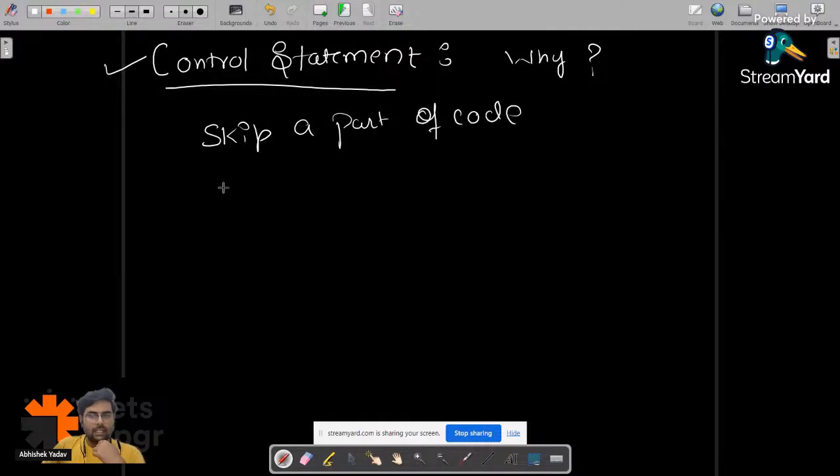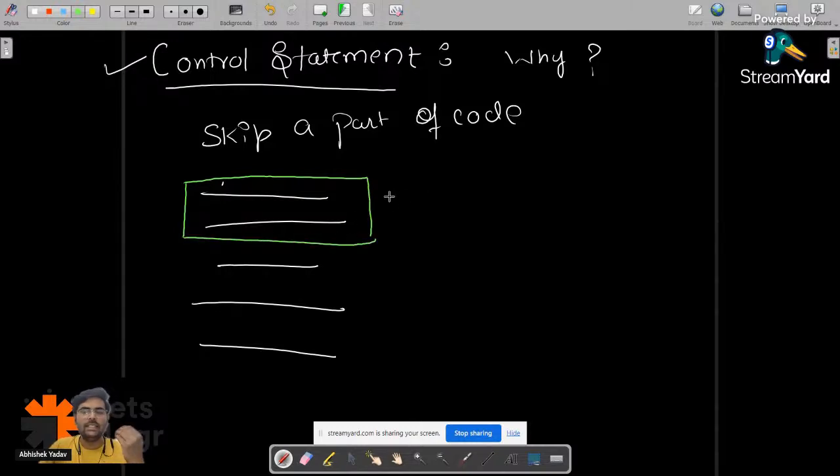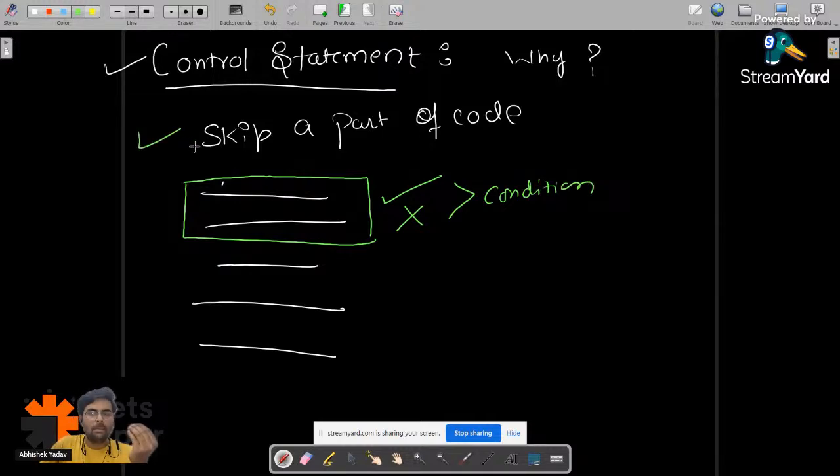That means you have written some code like this. You have written some code here, right? And you're saying, hey, on the basis of some condition, I want to skip this part of the code. There is a probability that I can execute this code, and also that I cannot execute this code. This depends on the condition. That means you want to skip a part of the code, or you want to execute